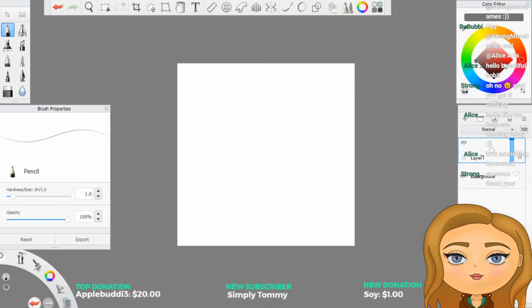Let's grab a colour. Let's go blue today. And we can come in and do some lines. Do we want thick lines? Nah, thin lines is good.